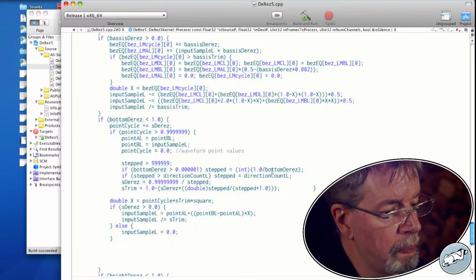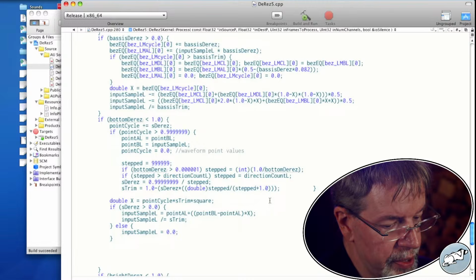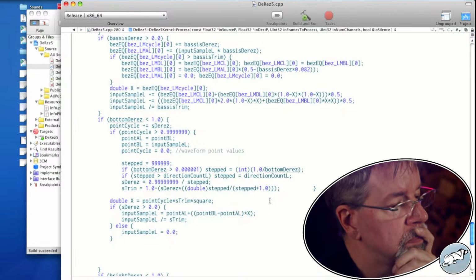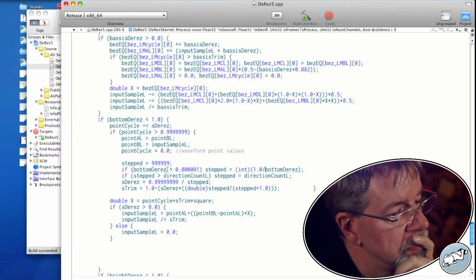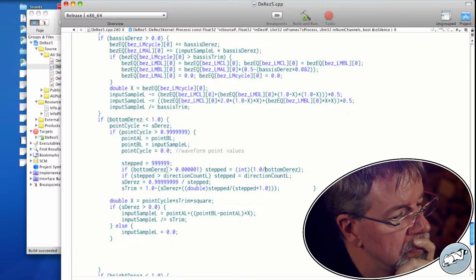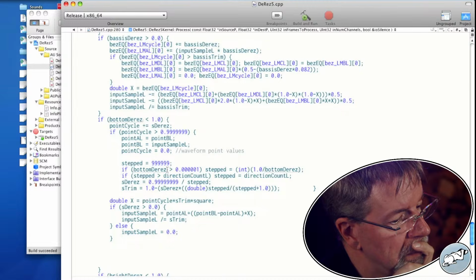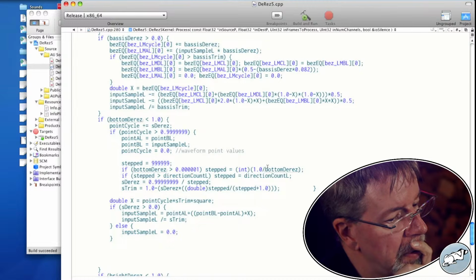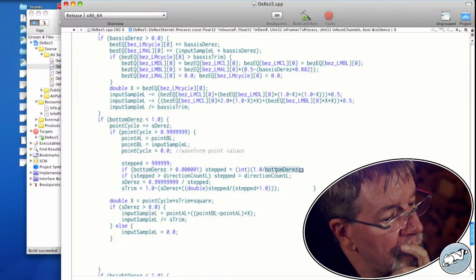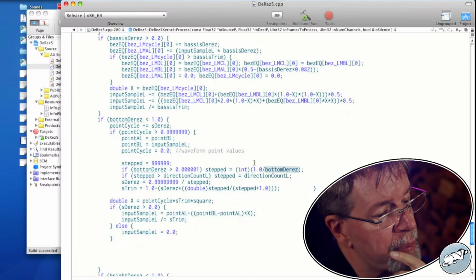We can't do 0, but divided by, the smaller this is, the larger step becomes.